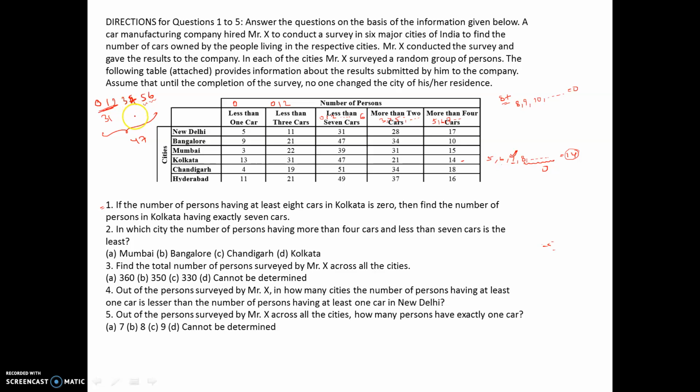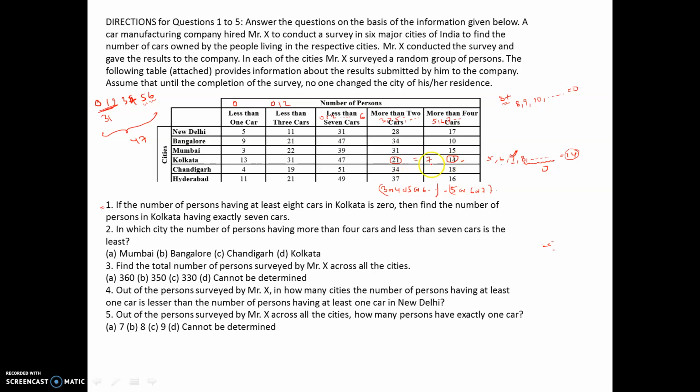So 3 and 4, how can I find out? If you look at this, the second last column, which has 3 cars or 4 cars or 5 cars or 6 cars and so on, and if you look at the last column, 5 cars or 6 cars or 7 cars and so on. So from this data, if I basically subtract the last data, then what will happen? 5, 6, 7 and so on will get cancelled. So this entire data would get cancelled, right? I'll be left with only 3 and 4. So if I only subtract these two data, for Kolkata it is 21 and 14. So if I subtract these two data, this gap is equal to how much? 7.